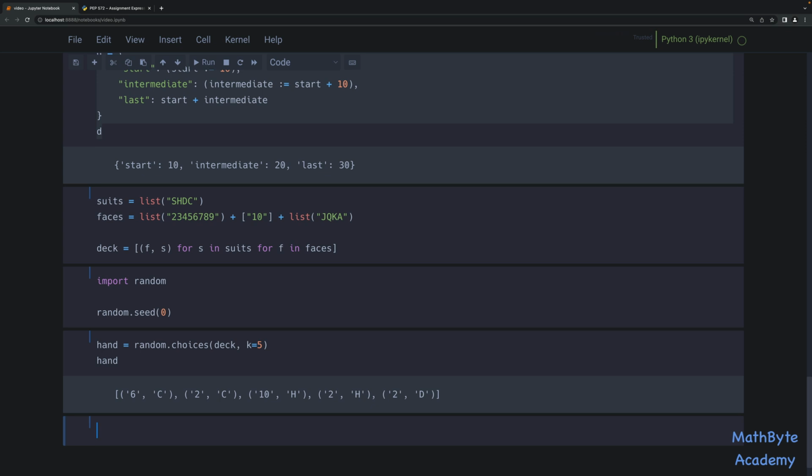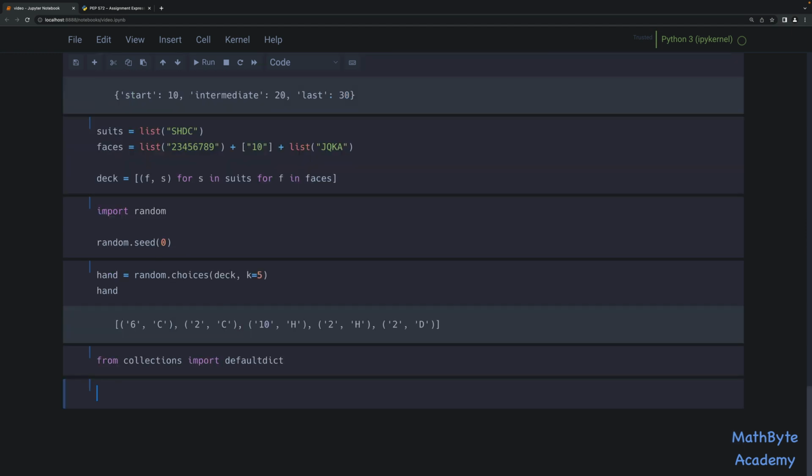Now for this hand, we want to count the number of cards for each suit. A very simple way of doing that is to use defaultdict from the collections module. So let's go ahead and import that: from collections import defaultdict. And then let's write this function that's going to do the count. We're going to count the suits in the hand, like so. We'll say result is equal to defaultdict with an int. Basically this means that the defaultdict is going to have an integer default, which means it's going to default to zero